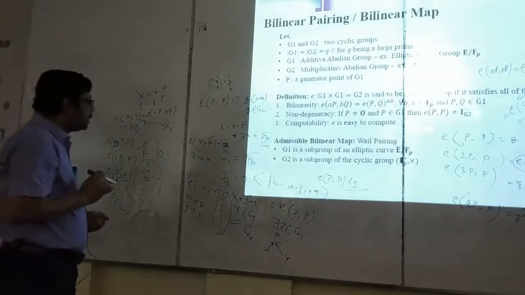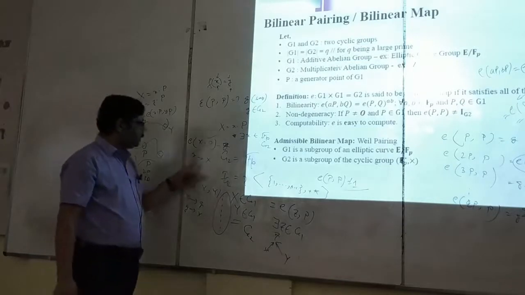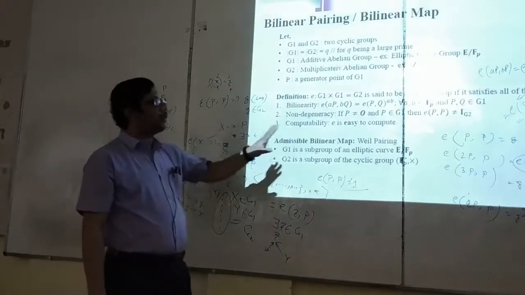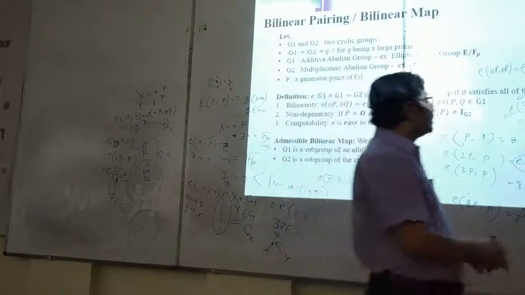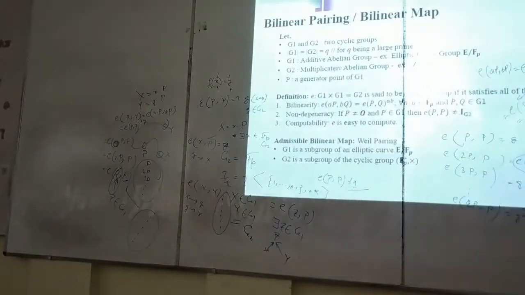Why? So, you were given the output of E(x, P). Let's say the output is H. Right? Now, what is E(x, P)? We know this is E(xP, P) for some small x. So that is equal to E(P, P) power x. Now, E(P, P) is g. Already we have said. E(P, P) is g. So this is g power x. So you were given H, meaning g power x.